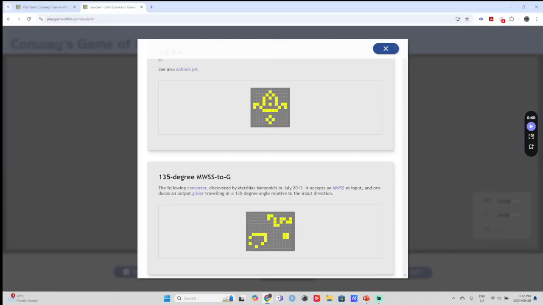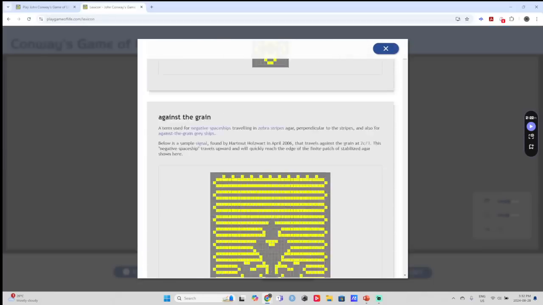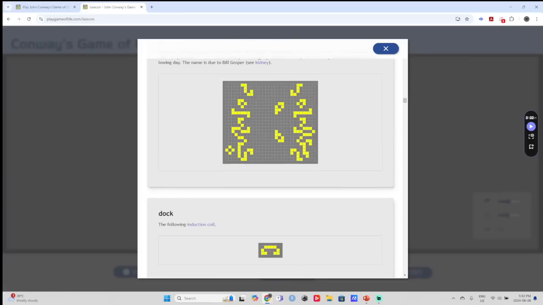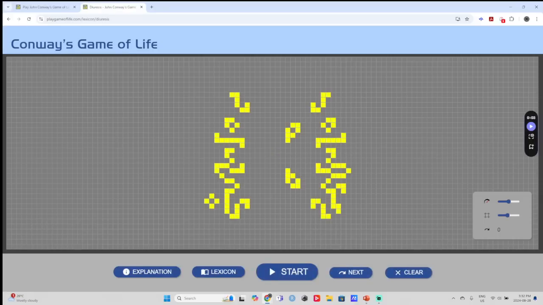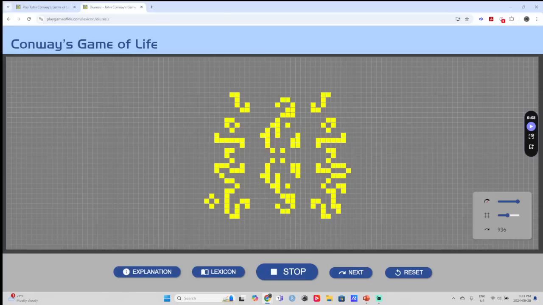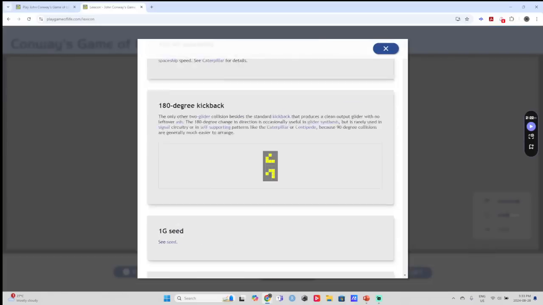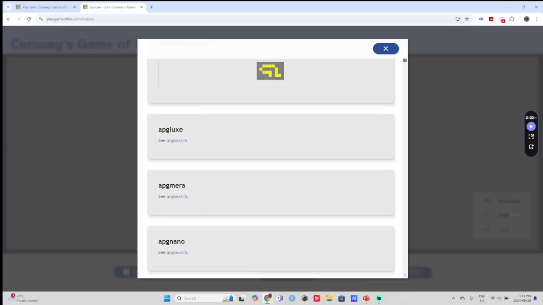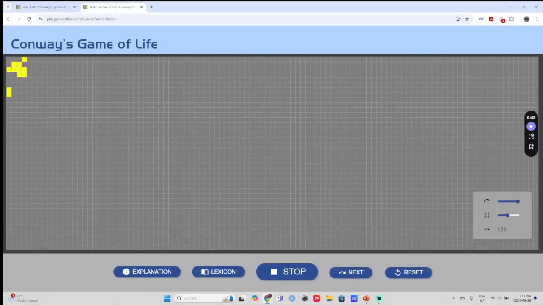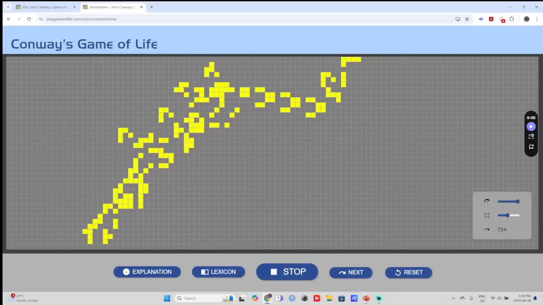So let's look at an example of one of these. I'll scroll down a little bit just to get one of the more interesting ones. Okay, so this is an arrangement here, and just watch how this behaves. I'll increase the speed, but you can see it's bouncing back and forth between these 2 walls. Like it's going this way, then that way. So you can get these complicated behaviors, and there's a whole bunch. Let's look at another one just so you see what I'm talking about. So you have things that sustain themselves. Oh, that looks cool. Let's see what this does. Oh yeah, it just crawls across the screen.